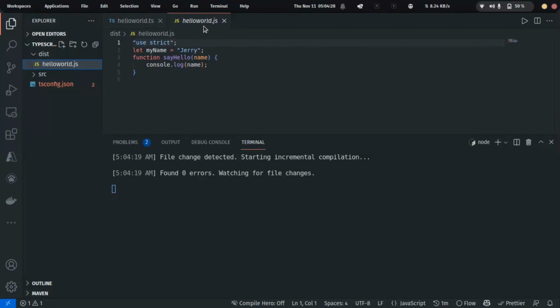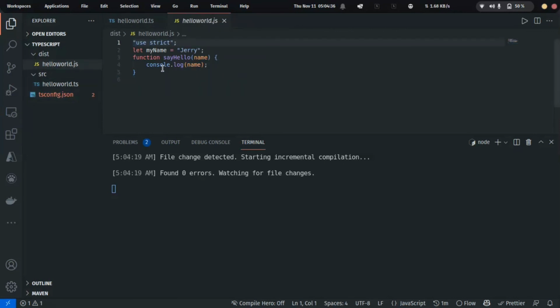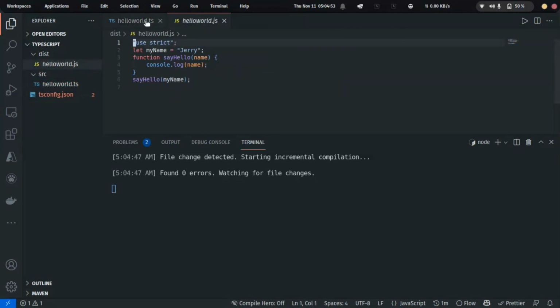And if you notice, we no longer have the errors that we previously had before we used the tsconfig file. Everything is working cool. So I'm just going to add this function call again, with my name. All right, now as you can see, we also have it here and it's been applied for us in